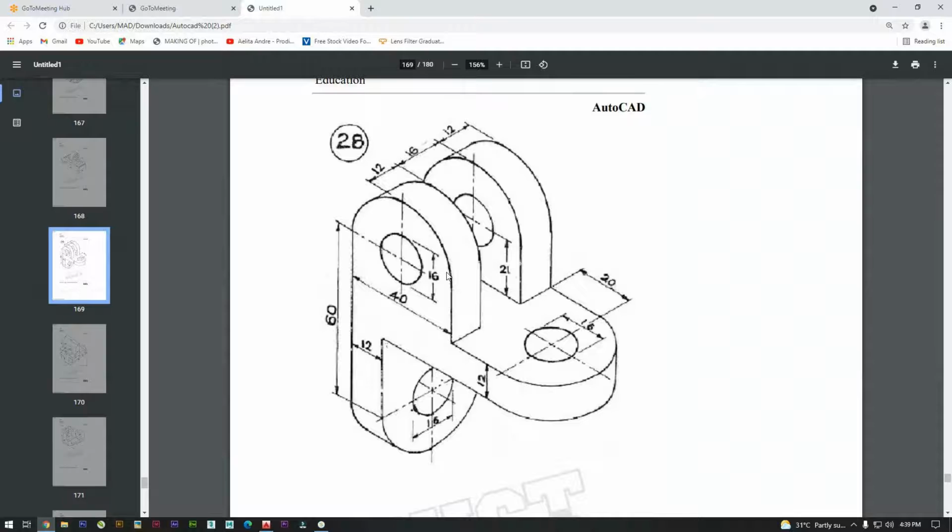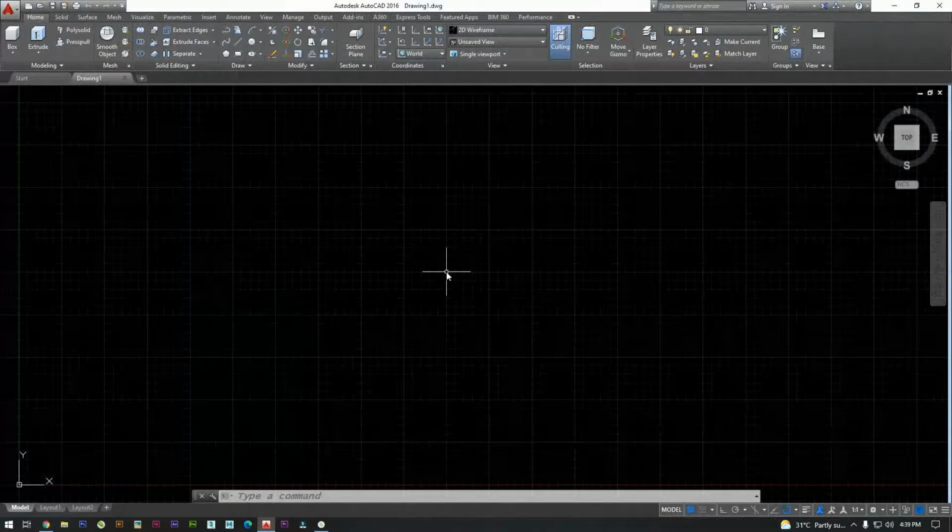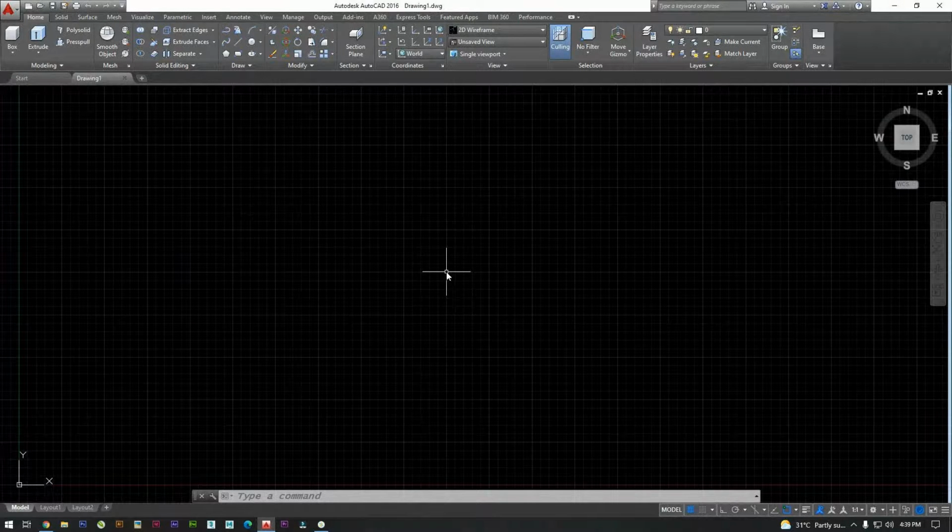So we should go for the 3D drawings first in the program. And then we have to put the command box. Now first, do I need to enter to 3D? Yes, sir. You have to change the thing to 3D.